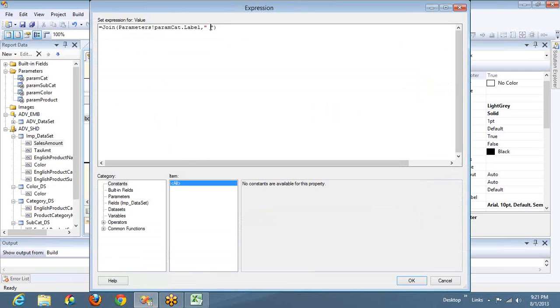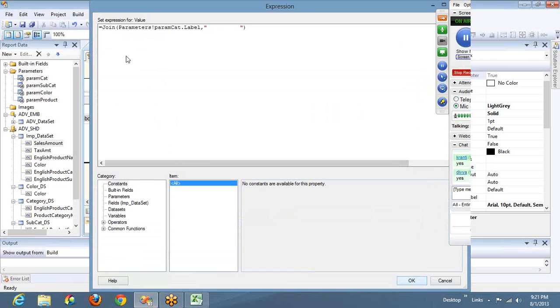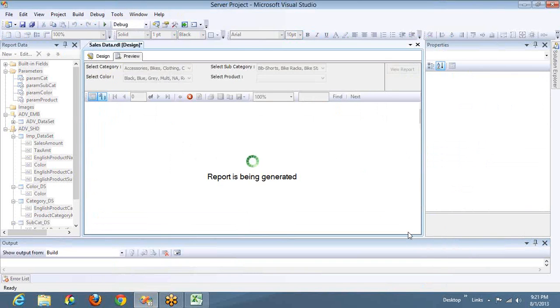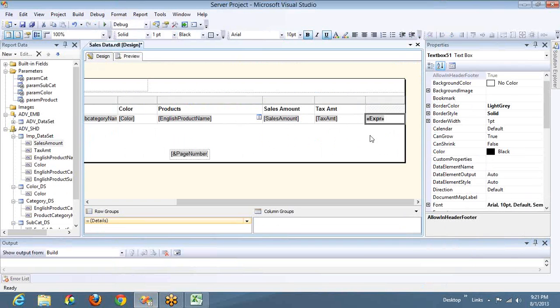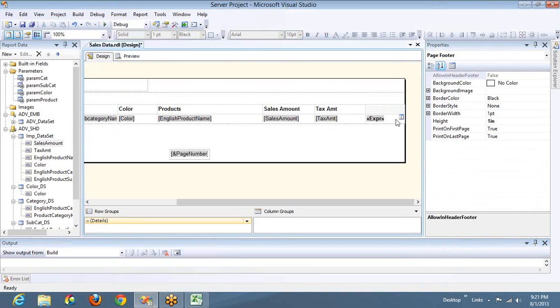Instead of this, I want to give 1, 2, 3, 4, 5, 6, 7, 8, 9, 10 spaces between each value. Let's see how it will display the output. If you see, accessories 10 spaces, bikes 10 spaces, categories 10 spaces, and components. So like this, you can play with the parameter options. If you want to show the parameters in your report, you can make use of these